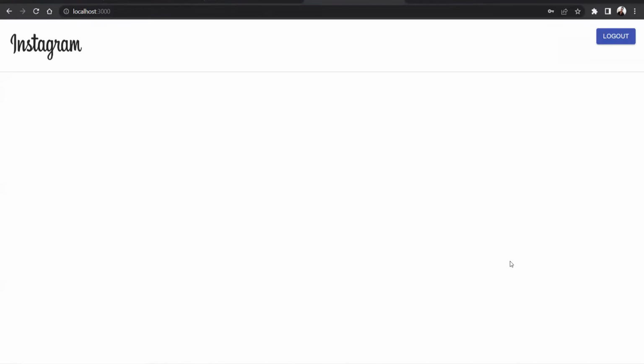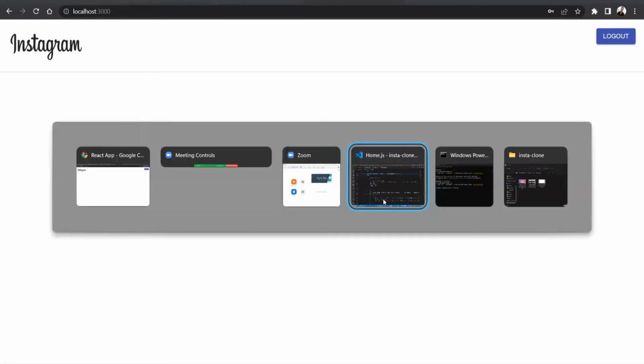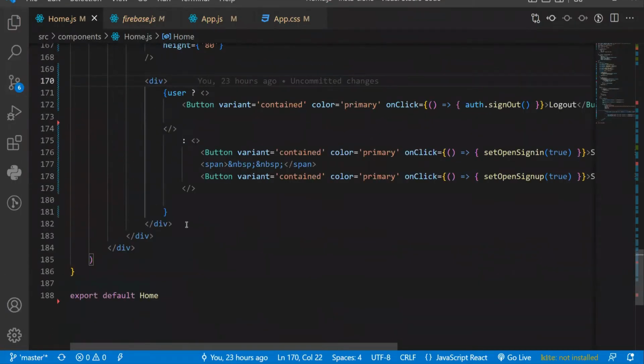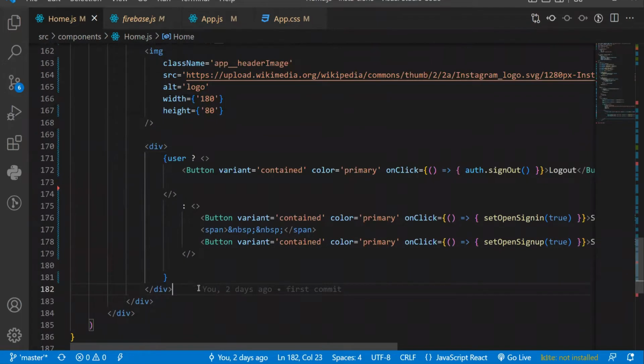In the previous video, we completed the Firebase authentication part for the sign in and sign up forms and also for the logout form. In this video, we'll create a new form to add a post, and also display all the posts from the Firebase backend. To do that, first of all, we'll go to our Visual Studio Code, and below this code here,